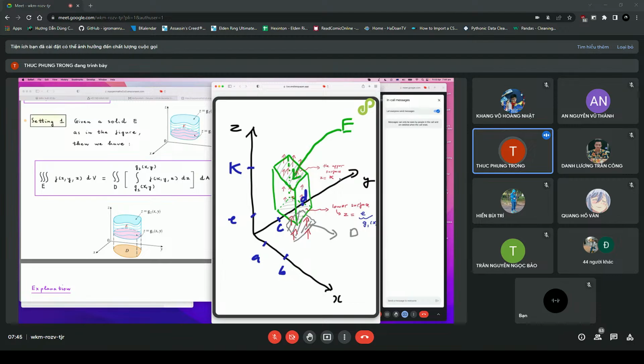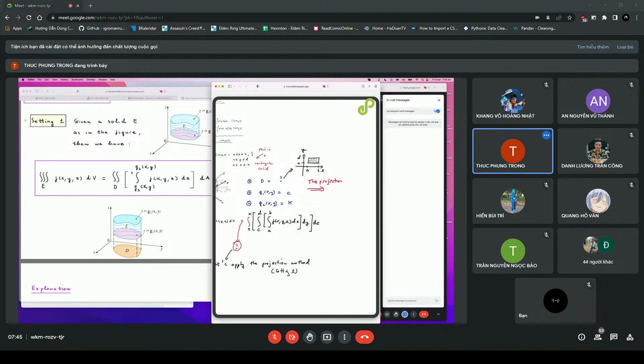Right, so we know now, yeah, right here we had k. All right, so we know the setting now, so we just apply the projection method right here. And let's see what do we get. So from here we get, if we apply, what we get right here is,